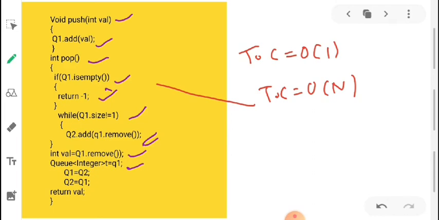Now we can also implement a stack using a single queue. In this approach we implemented a stack using two queues, and after that we'll apply some logic so that we can implement a stack using a single queue. So let's see how we can do this. We want to implement a stack using a single queue. For this we'll simply push some elements into the queue as we have pushed into the stack, right?